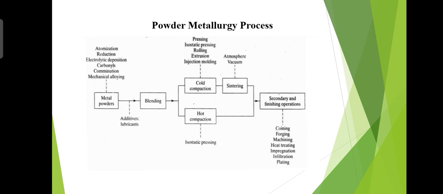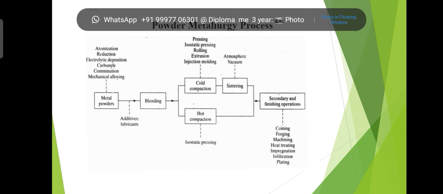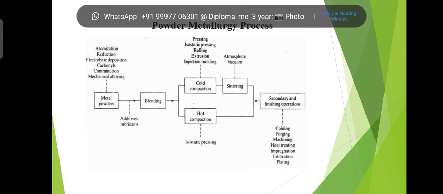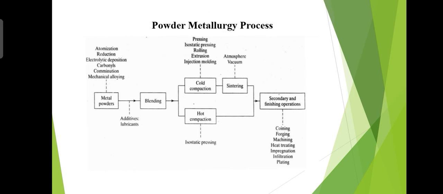Crushing, milling, and grinding are generally used in production of ceramic powders. That is, when you produce powder, you have to produce individual particles of the powder, so you can use crushing. Crushing is another operation you know very well. Crushing, milling, and grinding are generally used in production of ceramic powder. If you want to produce ceramic powder, you can use the crushing operation. However, it is also used in manufacturing some metals and metal alloys.